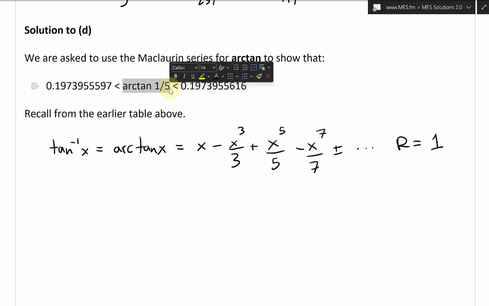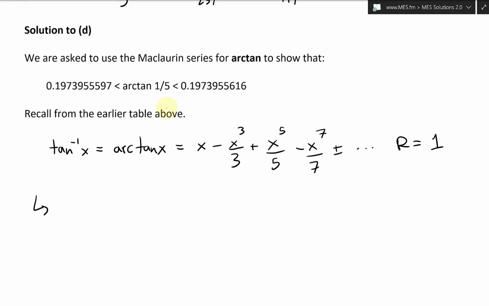So we're asked to go 1/5 there, so x is 1/5. Thus, in our case, arctan of 1/5 is equal to 1/5 minus, and then there are the x's there. This becomes 1/5 cubed, or before we get to that, I'm just going to write 1/3 times 5 cubed. And then plus